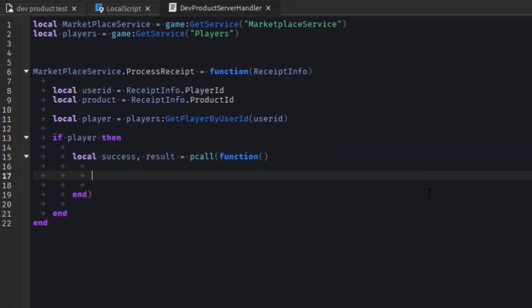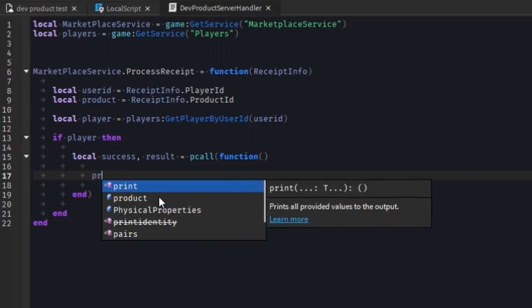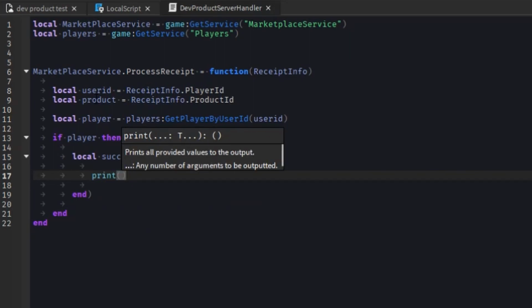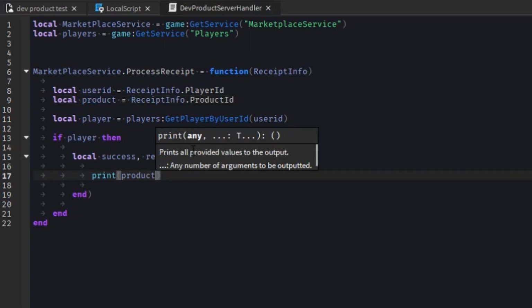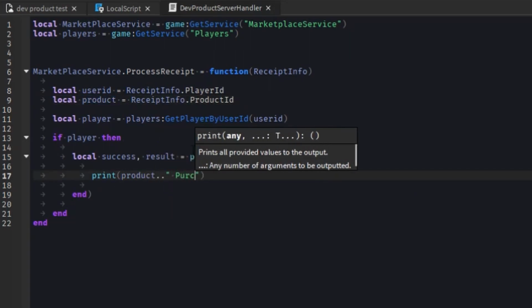So what we're gonna do is we're gonna pcall wrap a function, which is really all you can do with a function, right? And what we're going to do inside of our function is we're just going to print product purchase, I guess, or we could print the ID of the product, and we can say it was purchased,